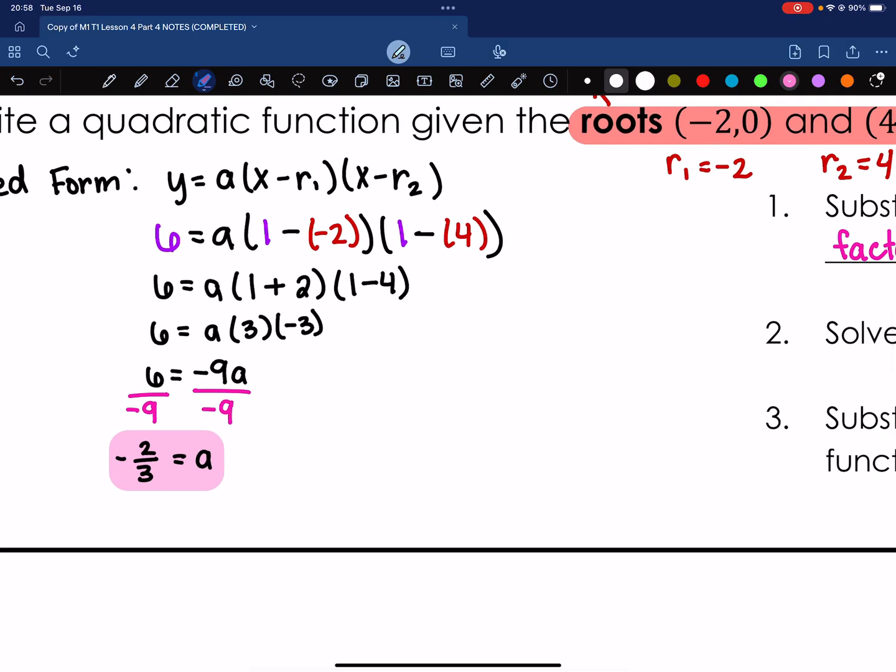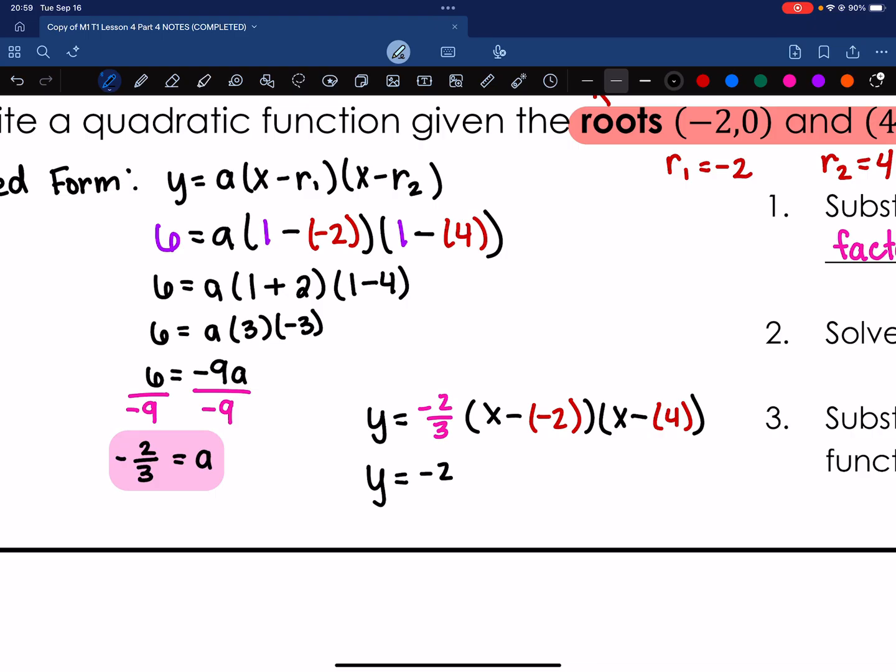From here, all we're going to do is plug back in our information so we can get our final equation. So we have y equals our a value, which is negative 2/3, times (x minus, again, we're plugging in a negative 2), and (x minus, we're plugging in a 4). We just need to clean this up a tiny bit. Again, we have a negative 2/3. Once again, we have the double negative, so that would turn into x plus 2. And then here would just be x minus 4. And so this would be our final equation